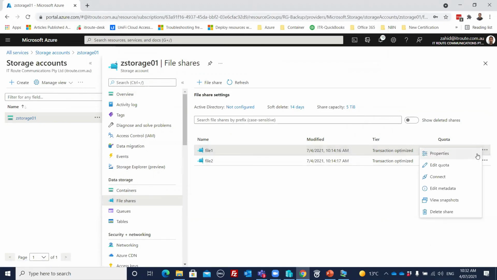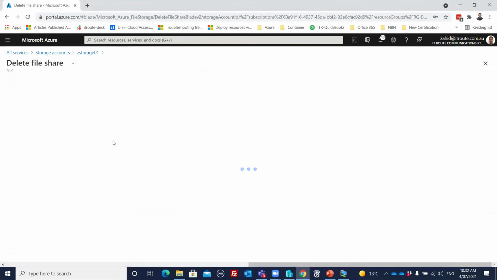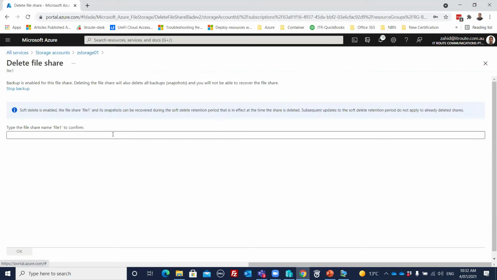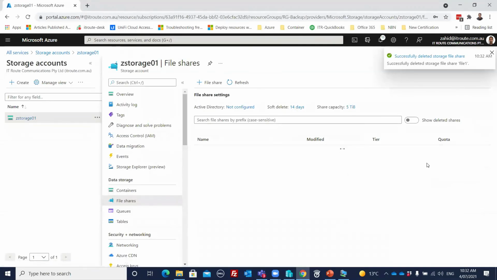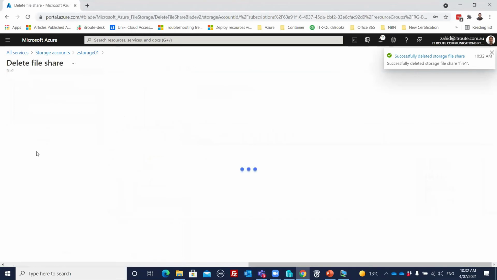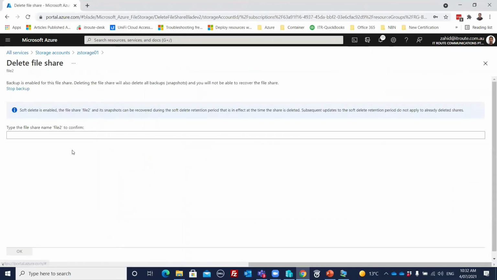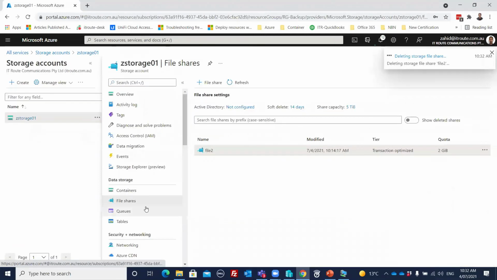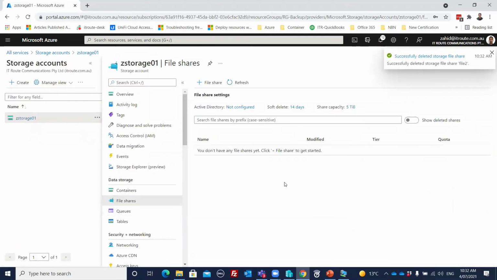And if you delete this one, let's say I delete this share. If I type the file name, okay, done. Delete this one as well. Done. So it's deleted. If it is deleted, now if you'd like to recover,